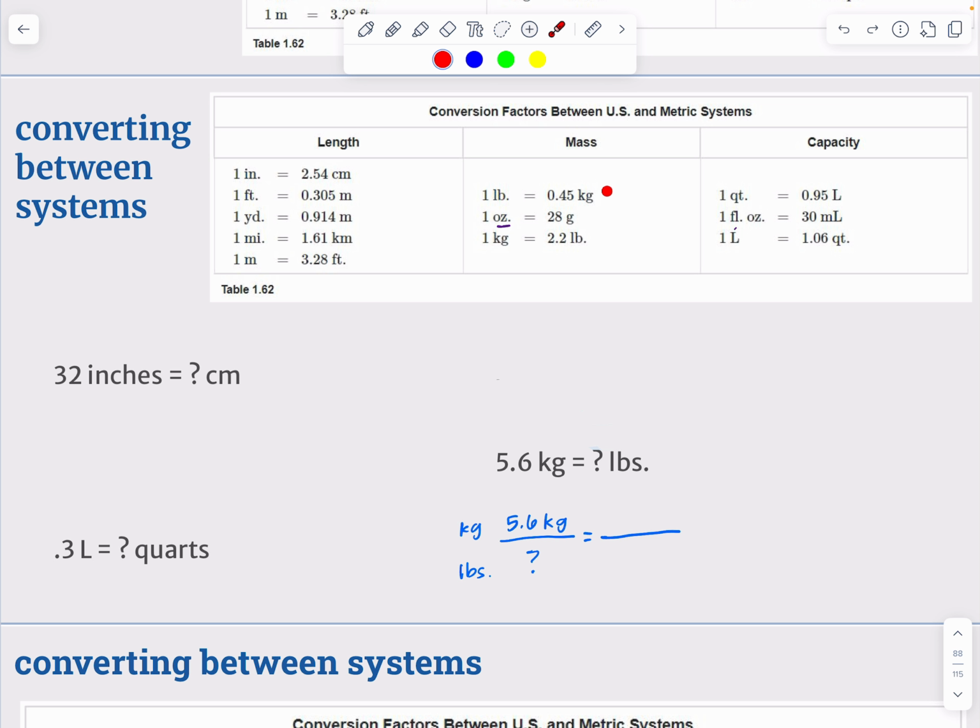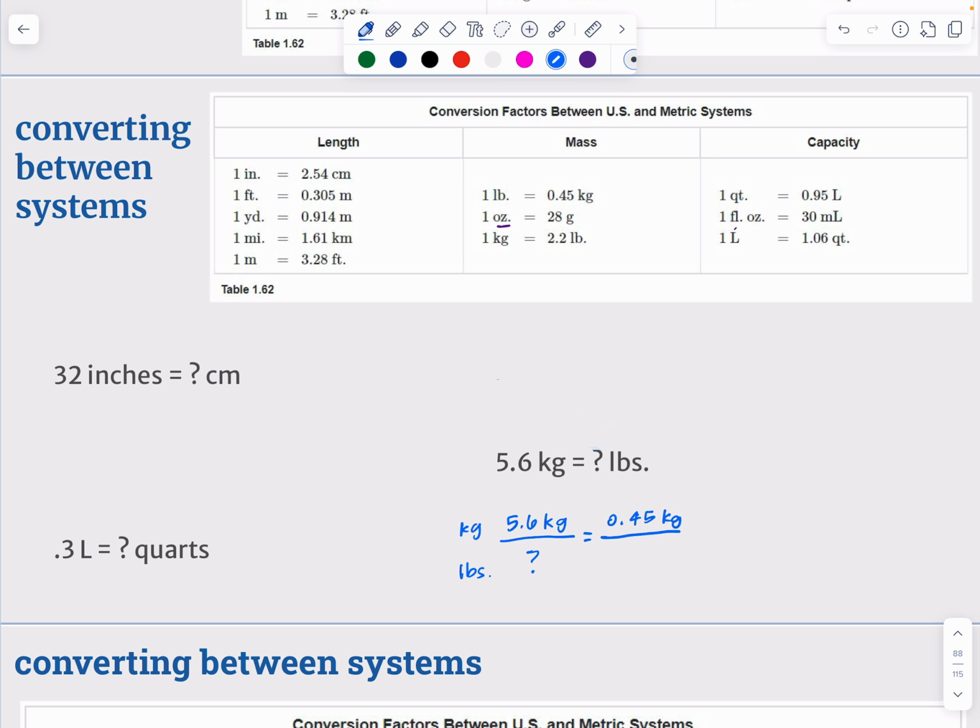One thing it tells us is that 1 pound is 0.45 kilograms. The second thing it tells us is that 1 kilogram is 2.2 pounds. So I can do this either way. I'm just going to choose to go with the top one off the list just because it's the first thing on the list. So we'll use this one. We're going to fill in, again, putting kilograms right across from kilograms. I'm going to fill in 0.45